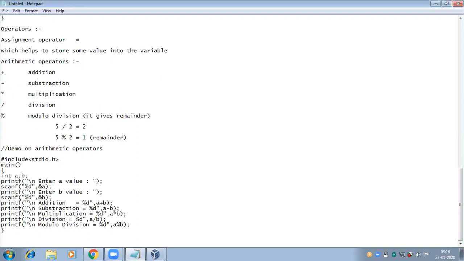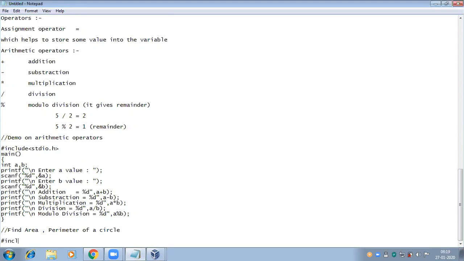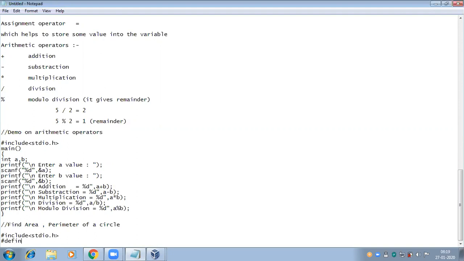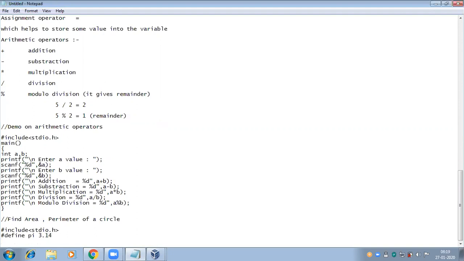In the same way, here I'm writing a program to find the area and perimeter of a circle. Link section, then #define pi 3.14.